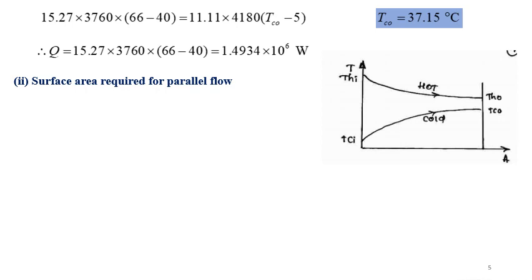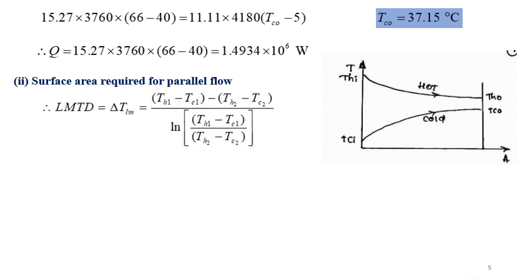So the hot fluid is at a temperature Thi, and it loses its temperature to Th naught, while the cold fluid is entering at the same end, at temperature Tci, and it is gaining heat to reach Tc naught. Okay, so this is the temperature profile, so you should be able to draw it, and then you know the equation to find delta TLM or LMTD for parallel flow. You can refer to the data handbook. This LMTD equation is available in the data handbook.